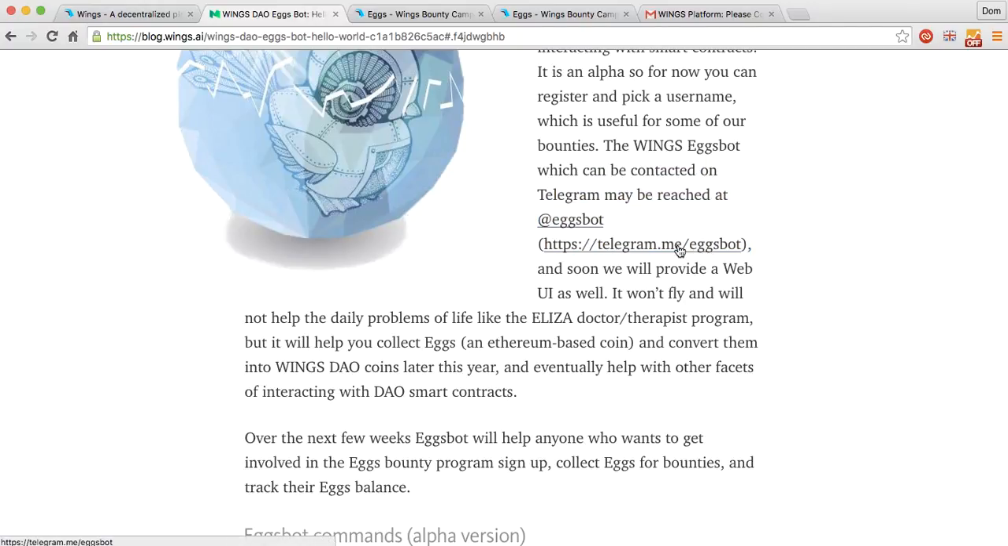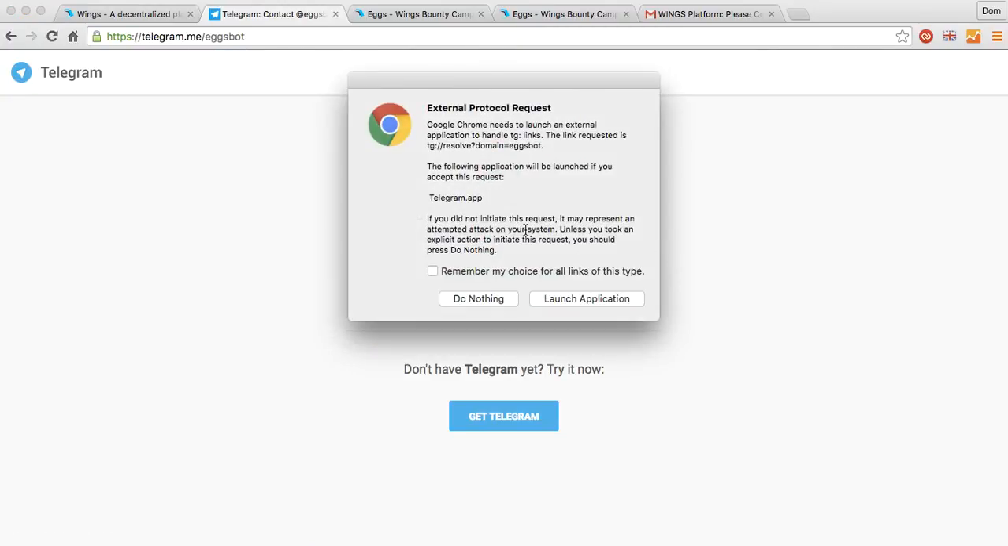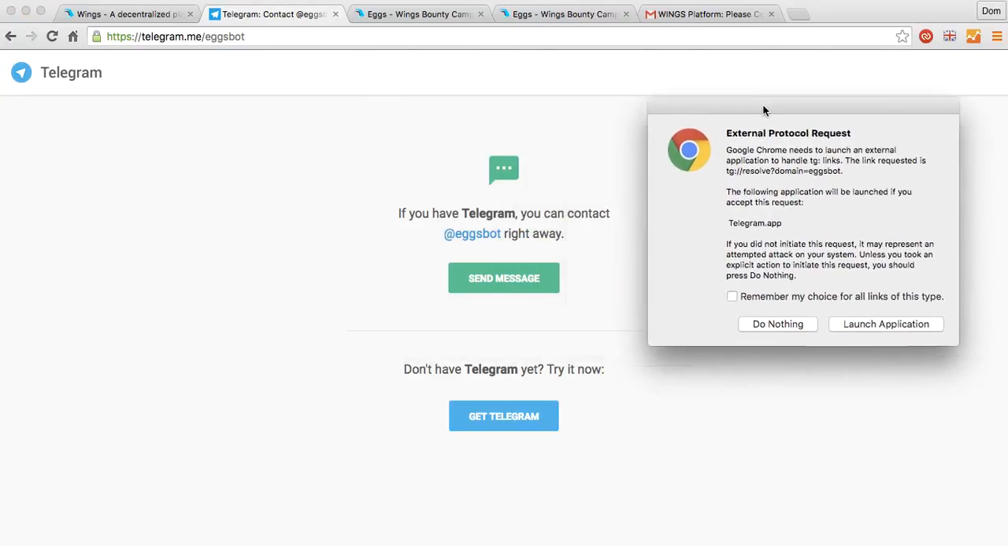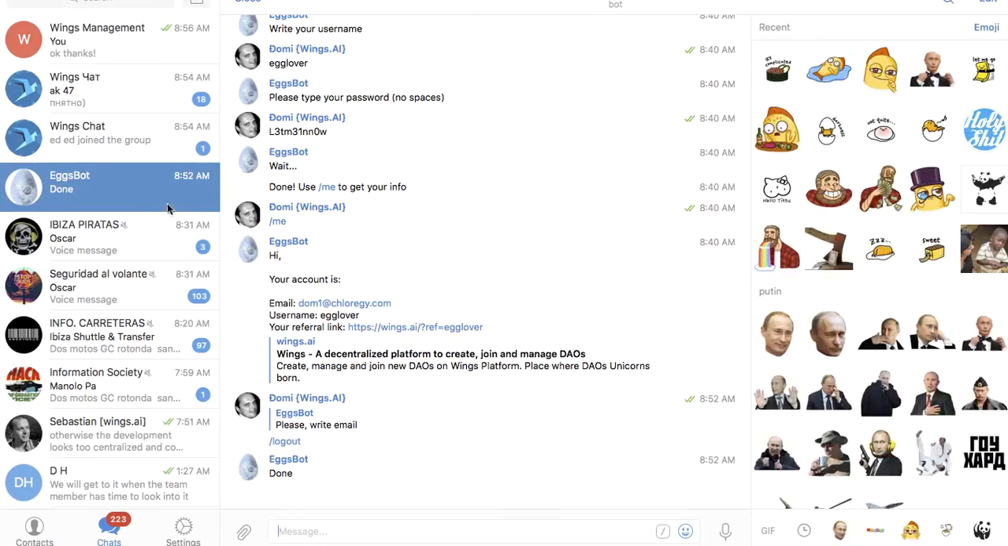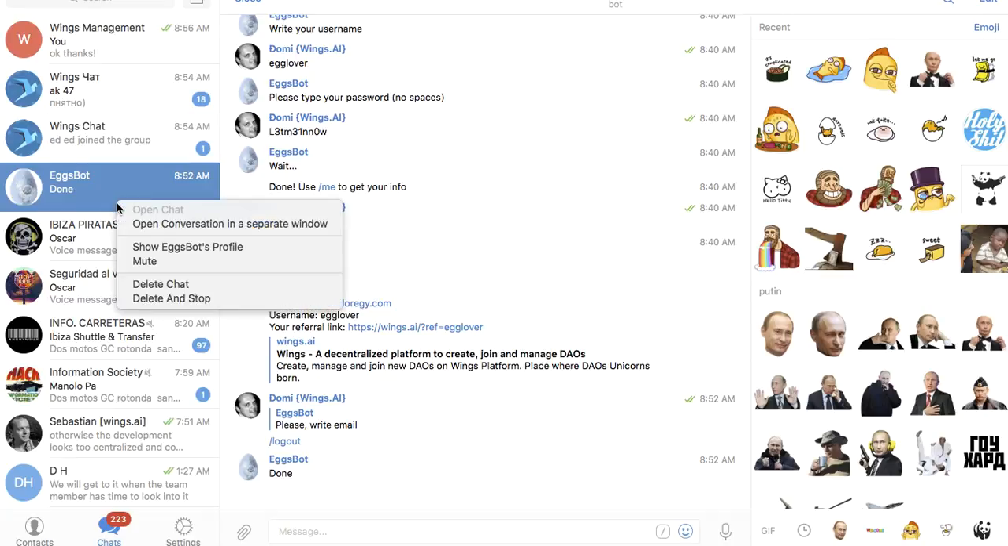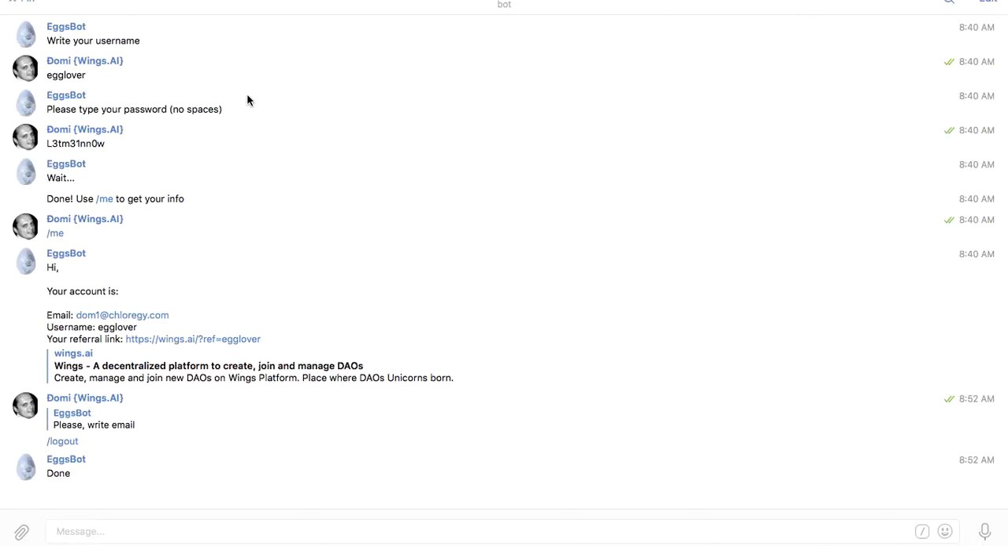And so I'm going to click on this, telegram.me/EggsBot, and it's going to open up this web page, which is telling me that if I have Telegram, which I do, I can connect to EggsBot right away. So I'm going to click this launch application, and it's going to put me in here into the chat with